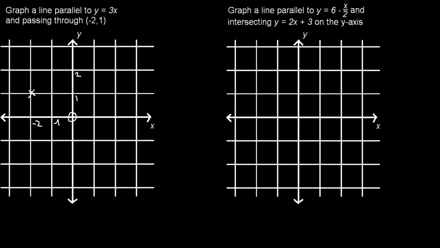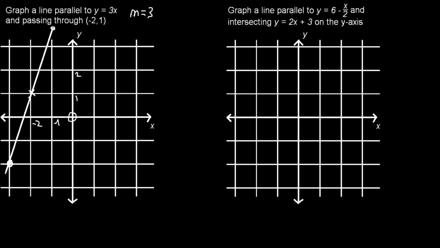Now, this other piece of information, parallel to y = 3x. Well, that just means it has the same gradient, so m = 3. So we could go 1 across, and 1, 2, 3 up, and we can go 1 to the left, and 1, 2, 3 down. And now we can make a really nice straight line passing through those points, and this